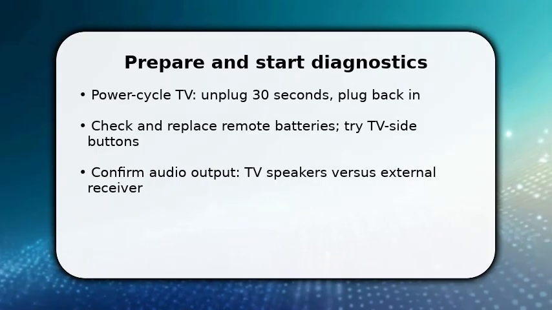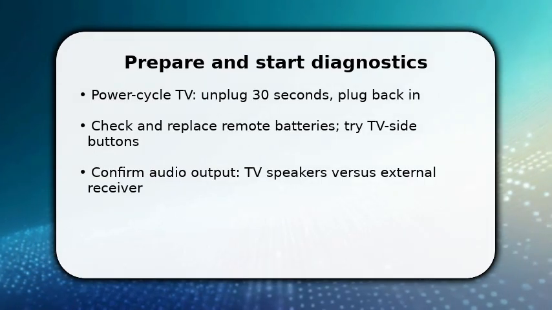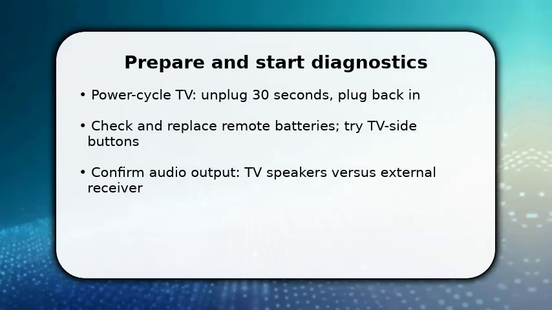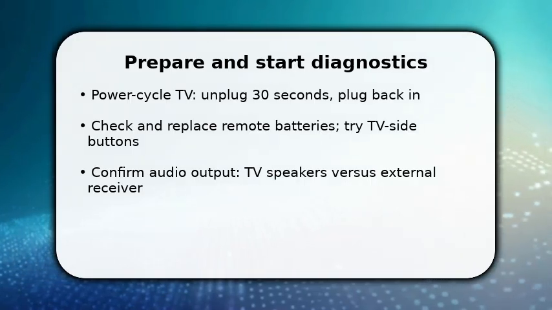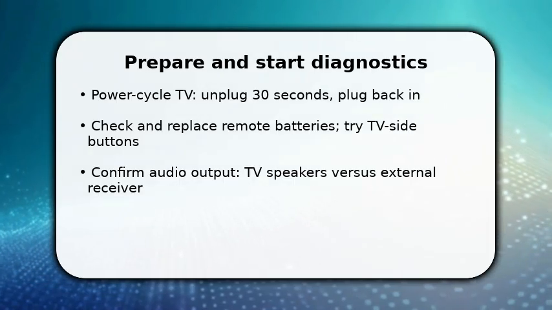You begin by powering down and isolating variables. Unplug the TV for 30 seconds to clear transient faults, then plug it back in and power on. While the set restarts, replace remote batteries and test the physical volume buttons on the TV to see if the